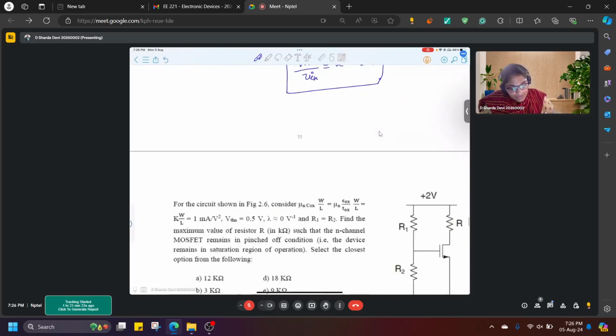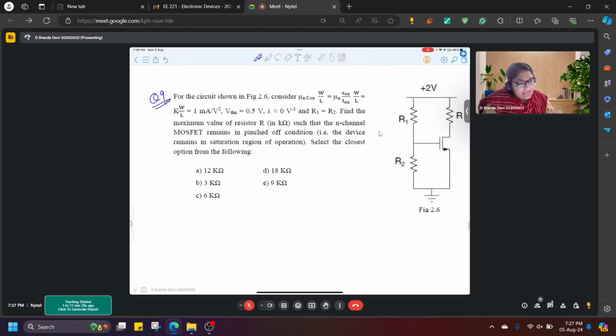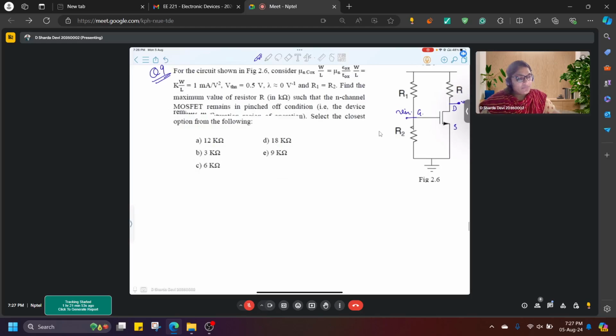Moving ahead, we have question number 9. In this question, again a similar circuit. This is again an NMOS, so this will be drain, source, gate. And generally in this configuration, this will be your output and this will be your input. So in your MOSFET,